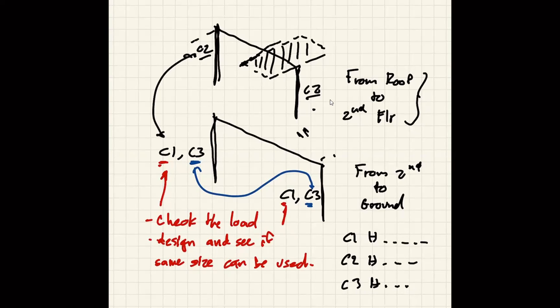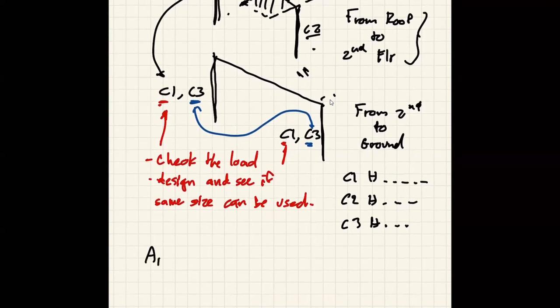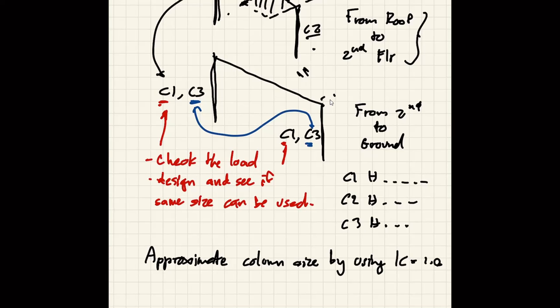So this is what you would do. You have the load and you have my design tables. You can just look at your unbraced length and approximate the column size by using K equal to 1, and then you can go to my design table with the unbraced length KL and pick the column. That's it. Don't forget to check the local buckling once you have your section. Okay,